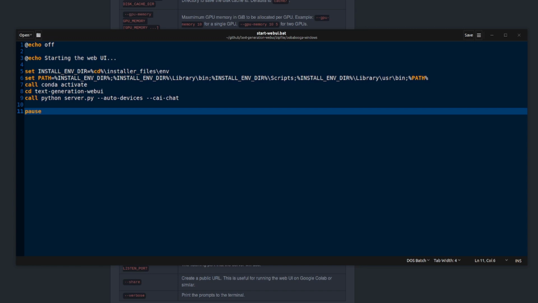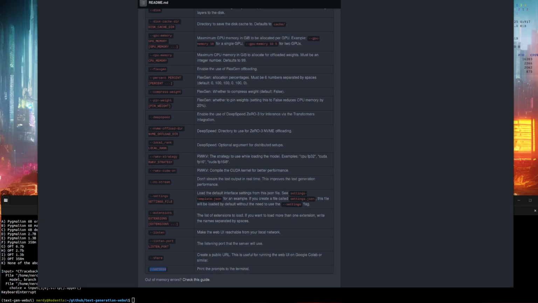Just looking back at that start file, again the example here from the Windows zip file, you'll see there are a couple of options set there already, so if you do want to change the options and you're using this start file, then you can just put them in there exactly as shown. That default chat mode is, in my opinion, the best mode to start in, but let's have a quick look at some of the others first before we also dive into the extremely fun and nerdy stuff.